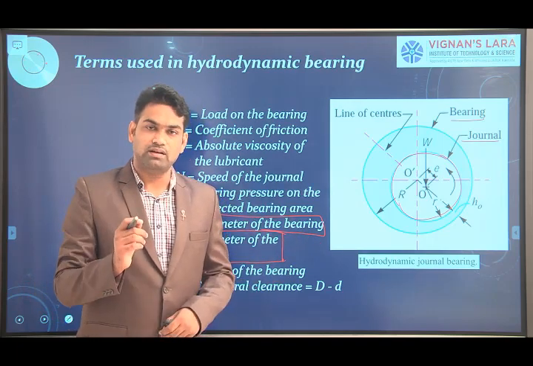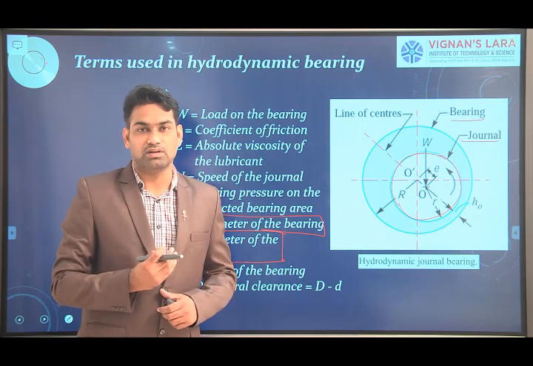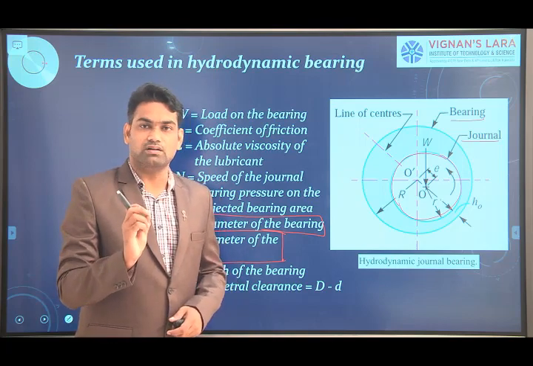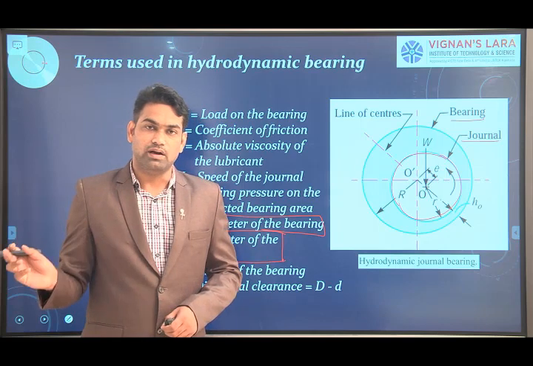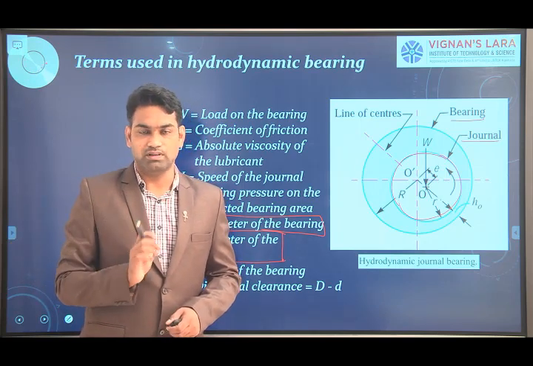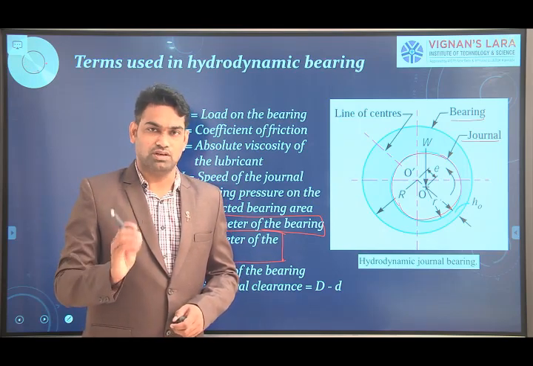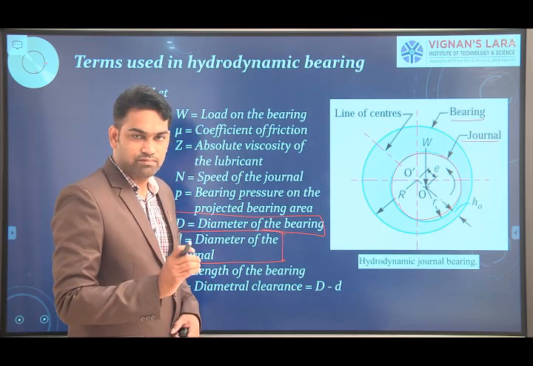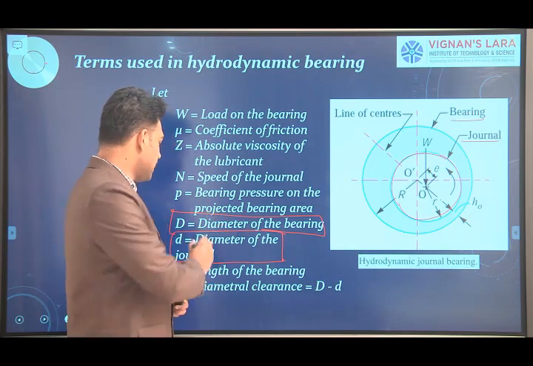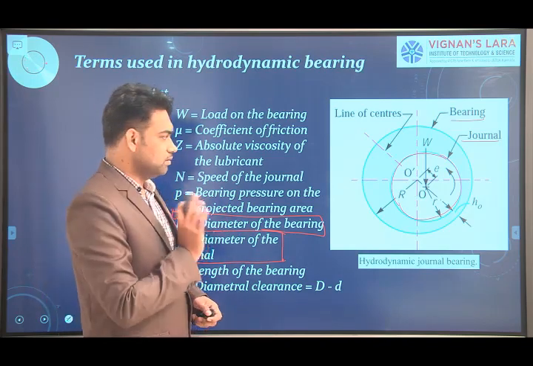As I stated, the journal is the shaft which lies under the bearing. Whatever part of the shaft comes under the region of the bearing, we call it the journal. Please remember that in our designs we represent only the journal, not the shaft. In some cases they may give shaft, but in most cases we use journal. So journal is referred to as shaft. Clear? That is the part of the shaft under the bearing. Capital D is the diameter of the bearing and small d is the diameter of the journal inside the bearing.